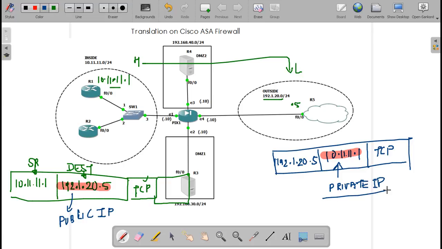Only public IPs are routable on the internet. So do you think the packet will come back? The packet will never come back, because the internet will kill this packet, since the packet has a private address, and a private address is not routable on the internet.